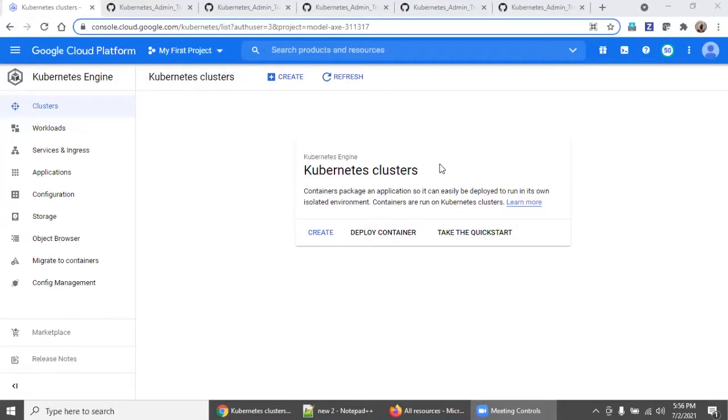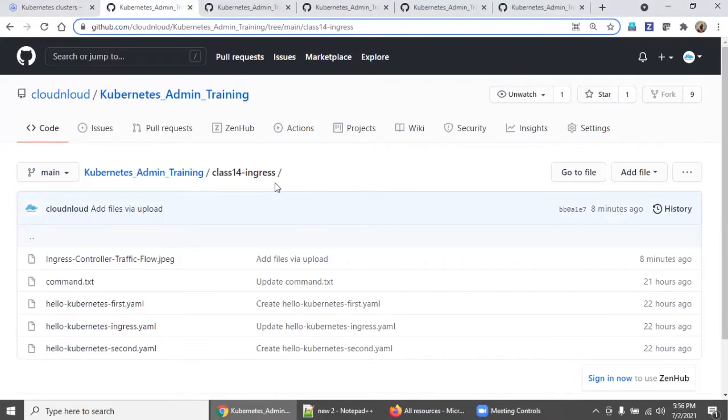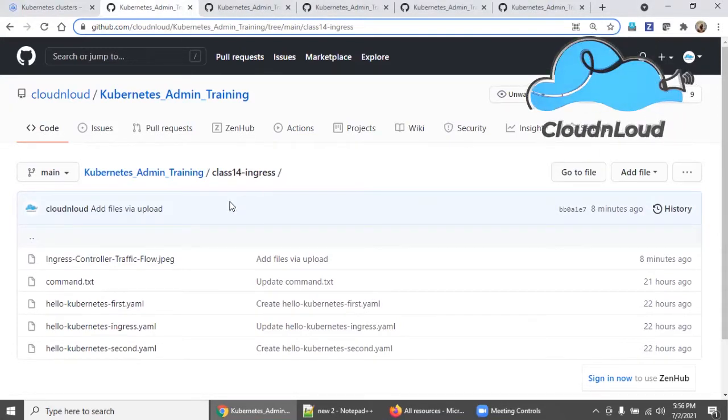Hi, welcome back. In this session, we are going to discuss Ingress and how to configure it with hands-on. In previous classes, we have discussed Kubernetes, installation, and each service one by one with hands-on. And last class, we discussed in detail the Helm chart hands-on. So with that continuation, we are going to continue with this Ingress hands-on.